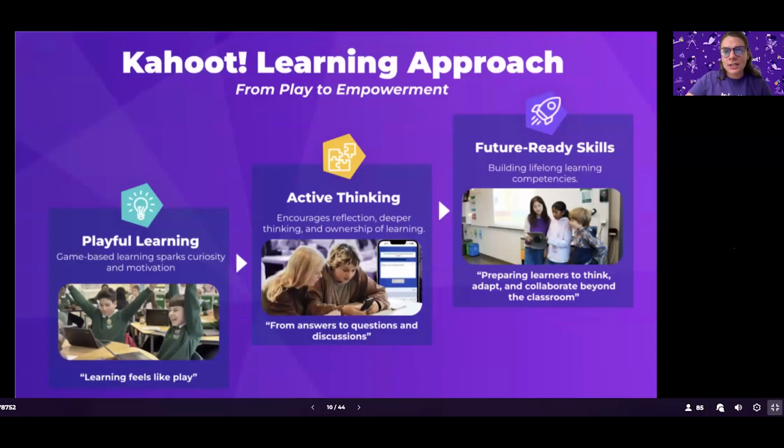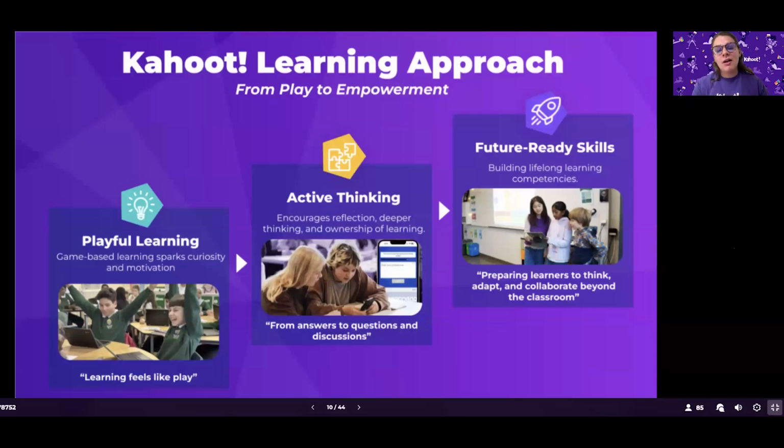And what that looks like in actuality tends to be the focus on delivery and instruction rather than just focusing on the curriculum. We know that Kahoot is focused on empowering a learner to be involved and active within the learning process. And between me and you and the 200 plus people that are on this session, while we're really excited about the pedagogy and research and expertise we have in content and in curriculum delivery and instruction, we're less experts and subject matter experts in the curriculum and the content and the subject matter itself. So Kahoot is really about igniting the interest, the motivation, the collaboration, and discussion so students can develop, again, their own autonomy, their own charge toward learning.